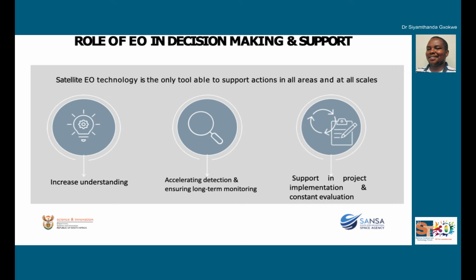So that is where Earth observation data comes in, because it allows us to continuously monitor these systems and these indicators relating to these challenges. As a result, we are able to establish patterns that allow us to decide what needs to be done to address the challenges that we are having. And with all those patterns, we can have projects that support the implementation and evaluation of some of the key solutions that we are proposing based on the patterns that we have identified.